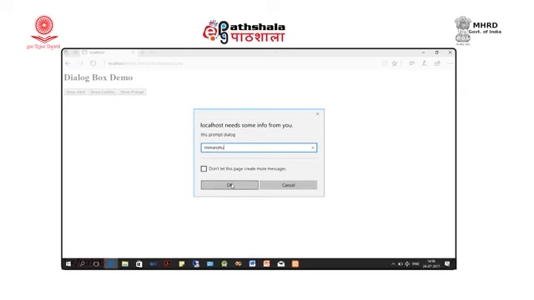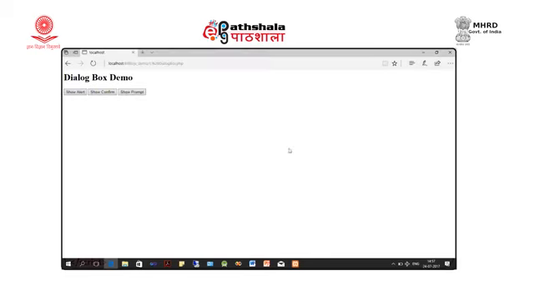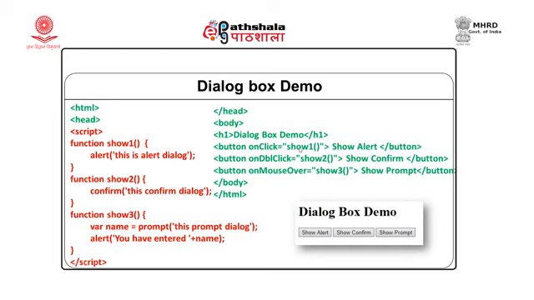So, it returns this value inside the name variable and alert displays this value using a message and the variable value. So, this is how our program works. These programs demonstrate event handling as well as dialog boxes inside JavaScript.